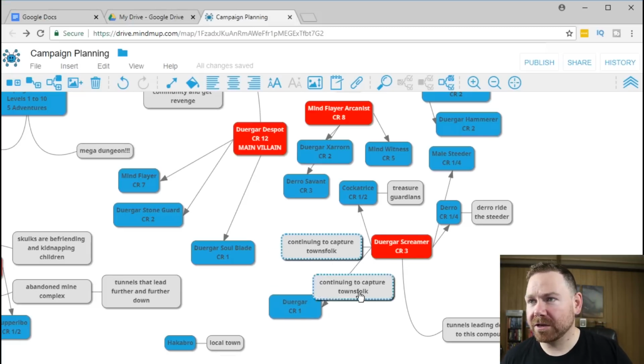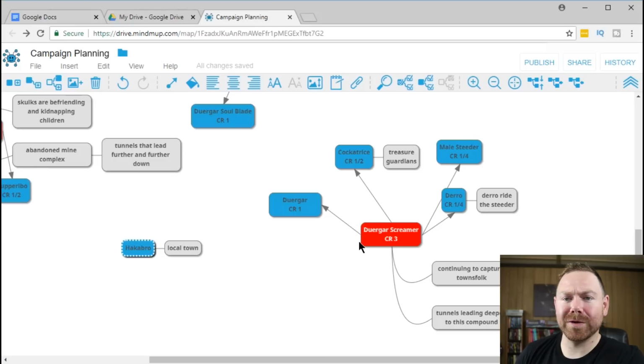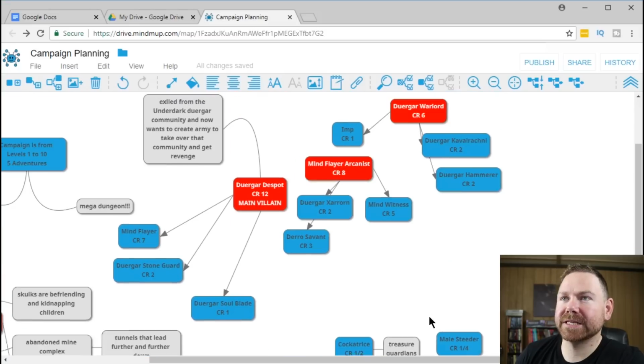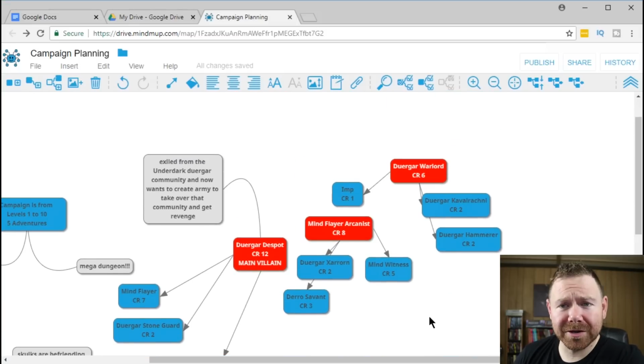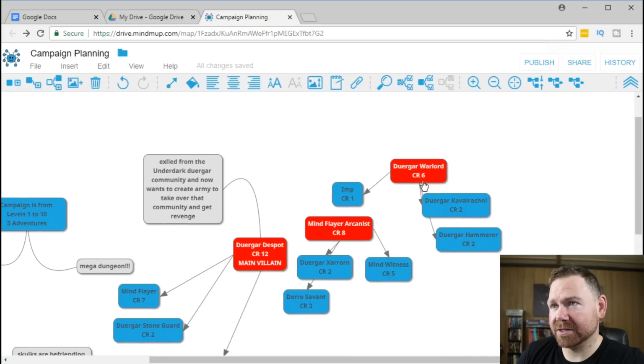There we go. Continuing to capture townsfolk. Okay, I pulled that apart a little bit so that we can kind of see that they are doing all of this. So they'll go on, they'll clear this out, they'll come back up from this, and they'll go on some other character adventure arcs, some other things from their backstories, or other things that have happened that you want to introduce them to. And at some point, now our next thing that we have them plan to do is